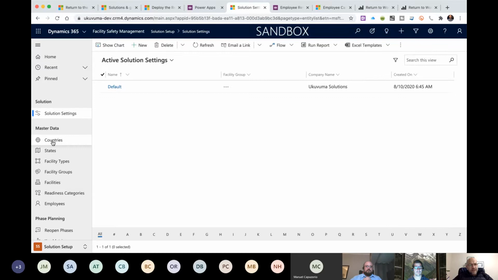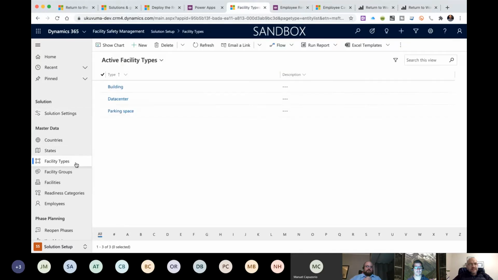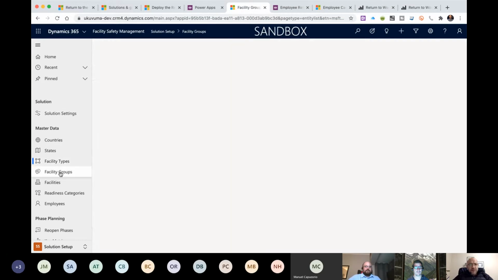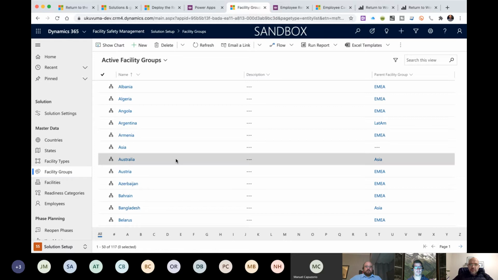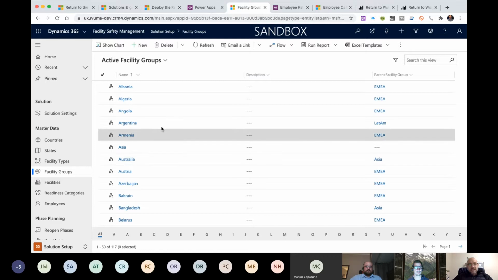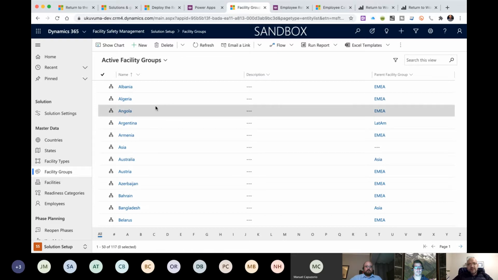So you can set up your countries, states, and types of facilities, for example buildings, data centers, and parking space. Then facility groups: here you can group the facilities in any logical way that you'd like, depending on the organization. In the demo data, this has been grouped by country, so this is obviously aimed at a large multinational.